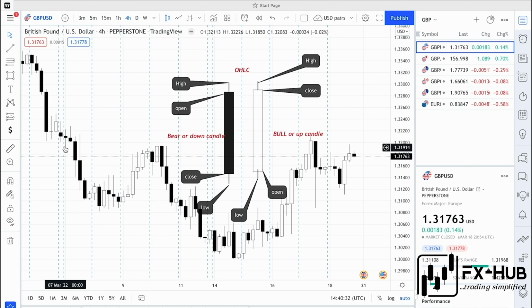Now let me move it to another candlestick. Let me say this one here. So on the 4th of March 2022, watch the information I'm reading here. If you look at this chart, on the 4th of March 2022, this axis here is the time, and this axis here is the price. Please take note. This axis is the price, and this axis is the time. So on the 4th of March 2022, you can see the time close to it. The price of 1 Great British Pound to a dollar is $1.32239. Are you getting it?